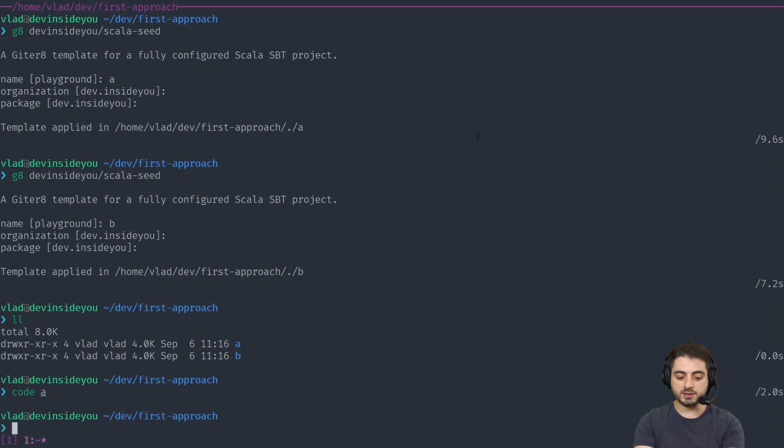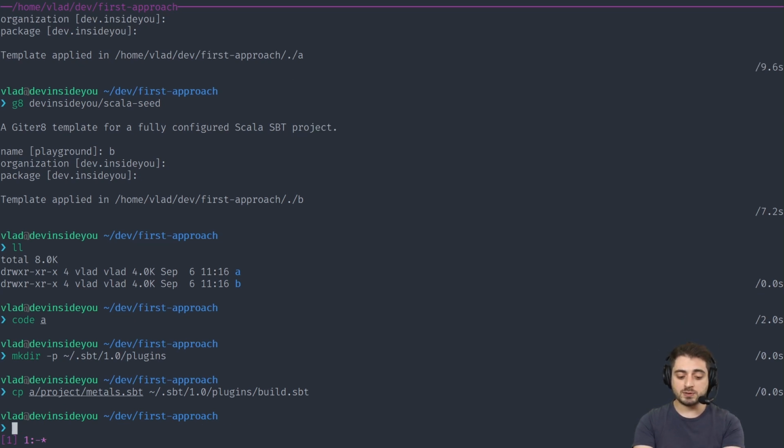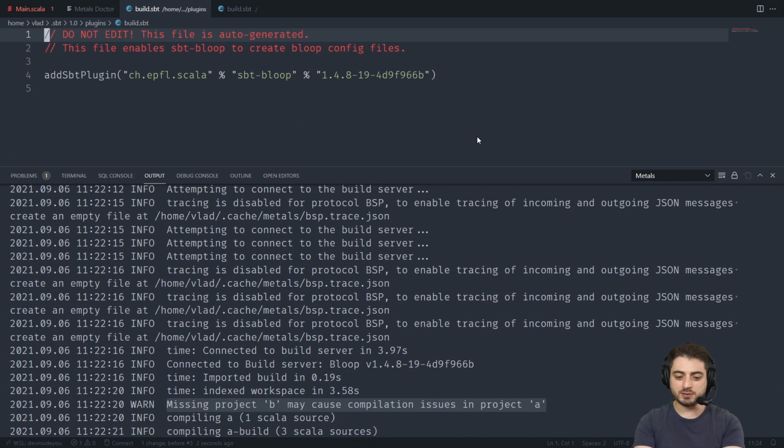So I'm going to open the terminal like this, and we're going to make sure that the directory .sbt/1.0/plugins exists. Okay, and now what we're going to do is we're simply going to go into our project, right? Inside of it, there's going to be metals.sbt that Metals generated for us. So we're going to simply steal it real quick, and we're going to go into SBT 1.0 plugins, and we're going to rename it to something like build.sbt, because if we leave it as metals, it will actually be modified by Metals. All right, so simply going to do this, and now we're going to open it with Visual Studio Code, 1.0 plugins and build. We actually don't need to open it, but we can.